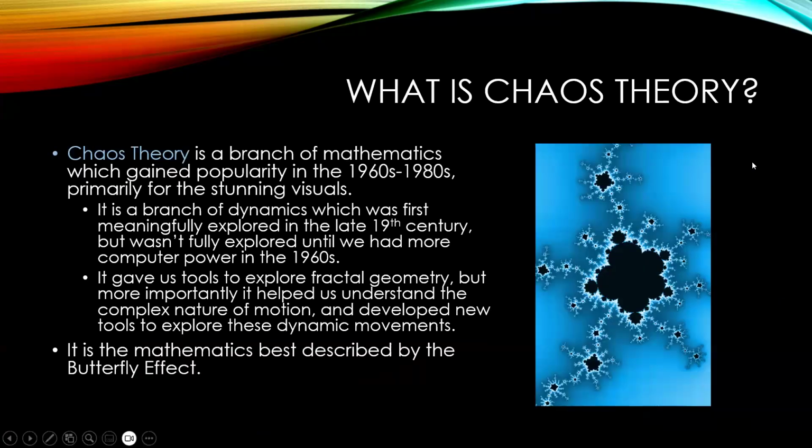And so, what is chaos theory? Chaos theory is a branch of mathematics which gained popularity in the 1960s through the 1980s, primarily for these stunning visuals. You can see one of these on the right. That is a fractal. It is a branch of dynamics which was first meaningfully explored in the late 19th century,